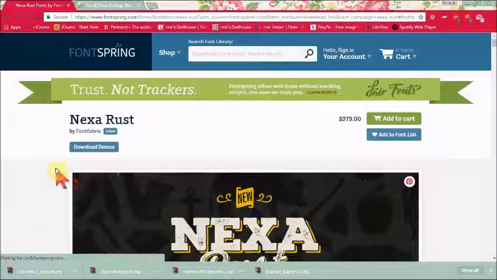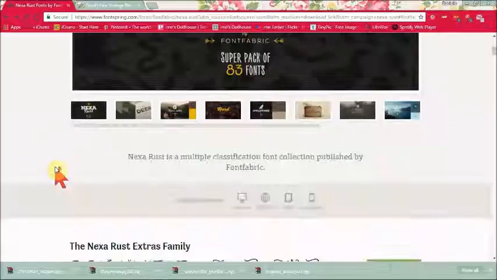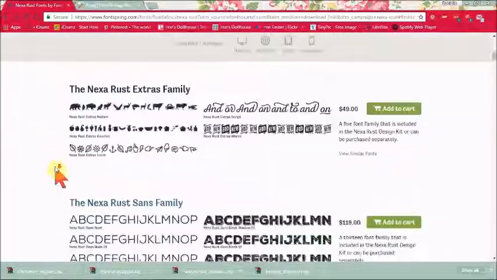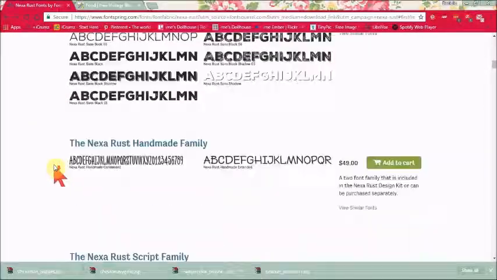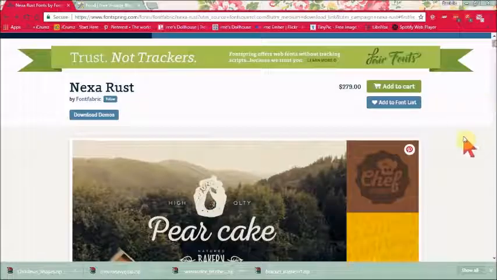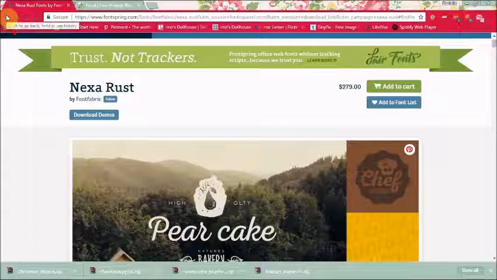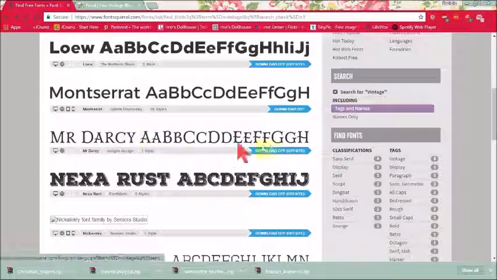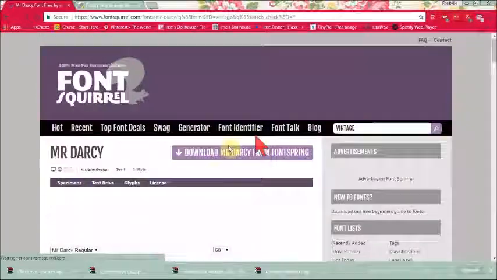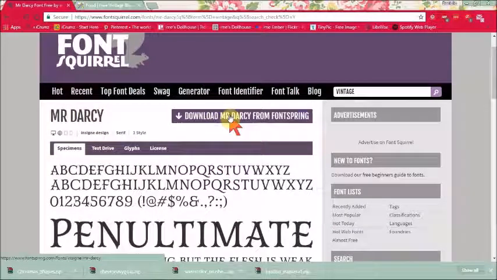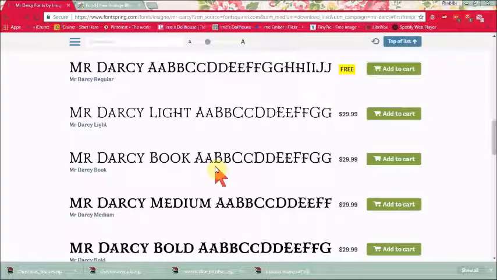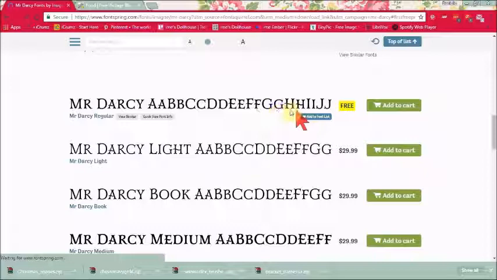And I guess it's taking over to, maybe it's not free anymore. Sometimes that will happen too. So you can download the demo for it, I guess, for free. So let's go back over to another one where you can download the full font for free. And I guess this one is the regular. They're providing the regular